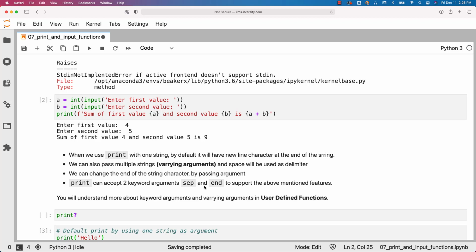You need to understand the web application frameworks for that. Even with respect to data engineering applications, if you have to pass certain information, we pass that information as arguments to the functions. We typically don't use input to take the input from the user. It is not a good practice at all. Everything should be running without someone typing the responses in real world scenarios. That's why we will not be using print and input that often in actual application development, but they will help you streamline your learning experience, and hence spend some time to understand these 2 important functions.